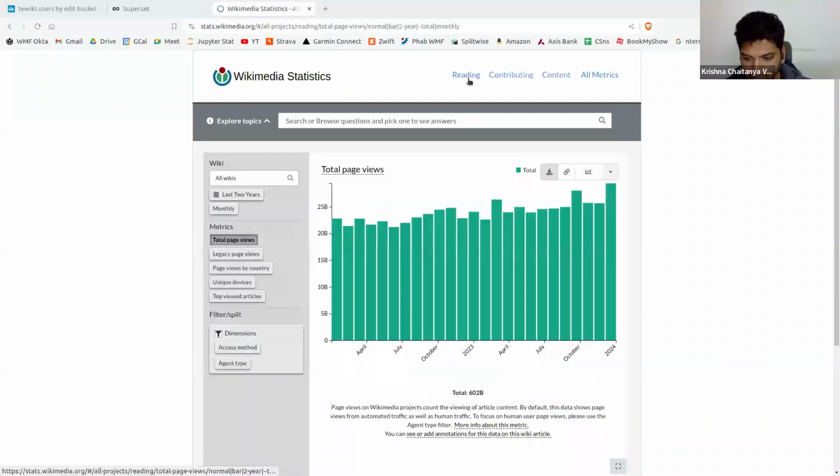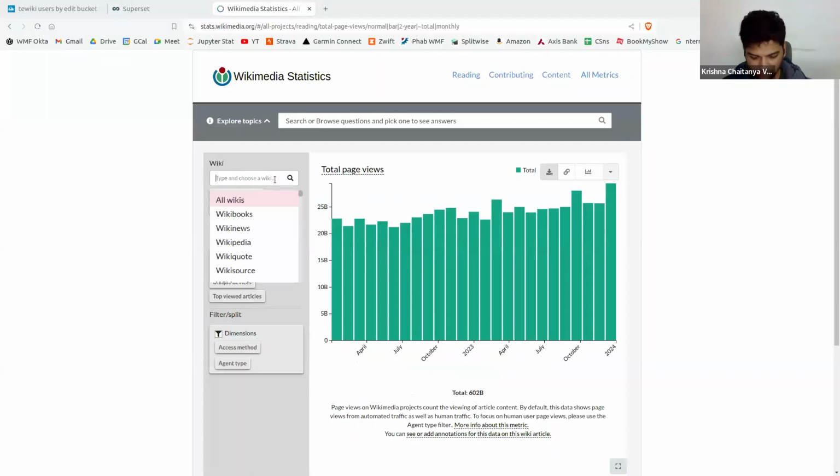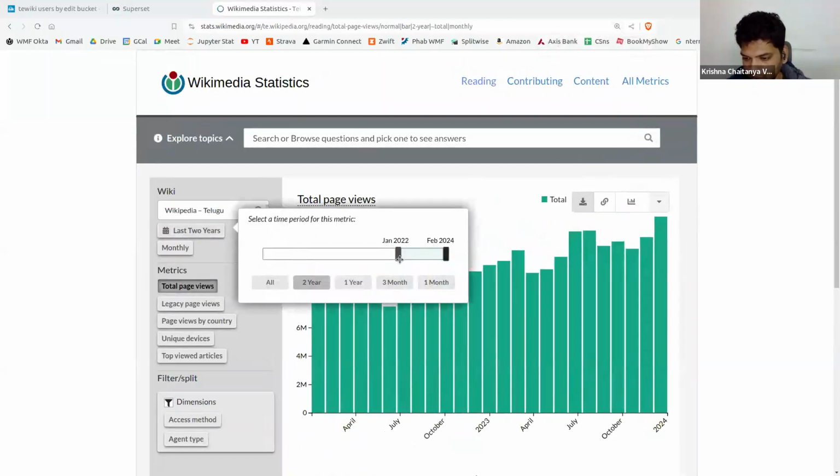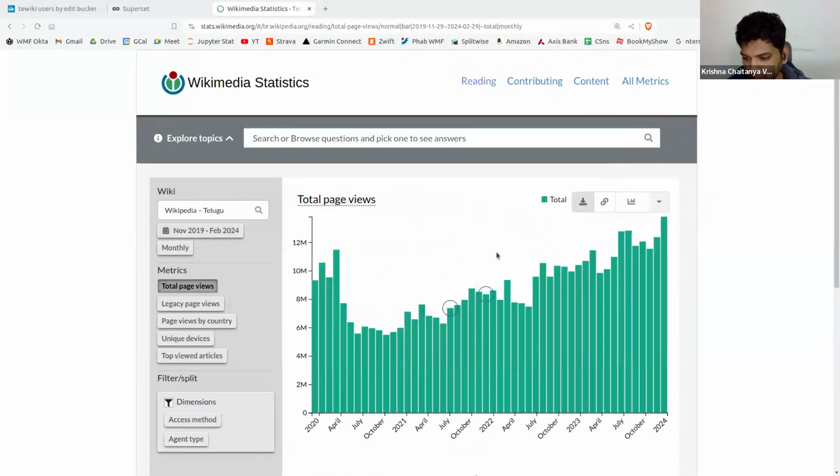For example, we take reading, and let's take Telugu Wikipedia. You can see the total page views received by the Wikipedia from 2022, so this is the last 2 years. You can zoom a little bit, change, go back,